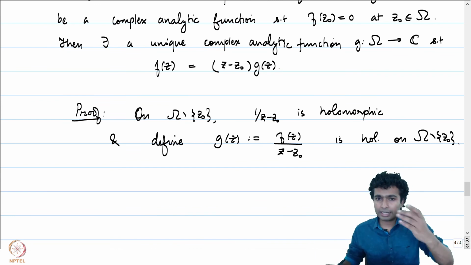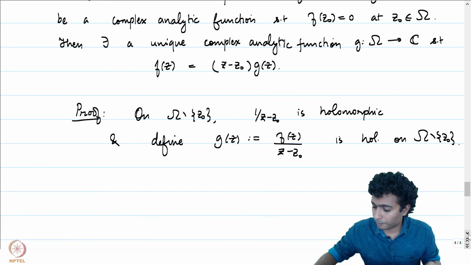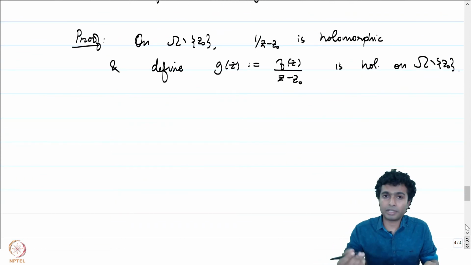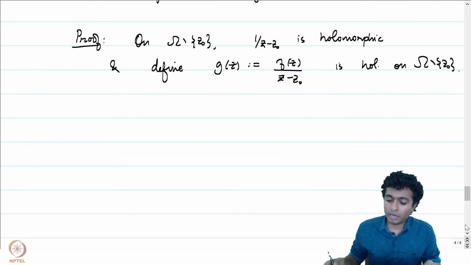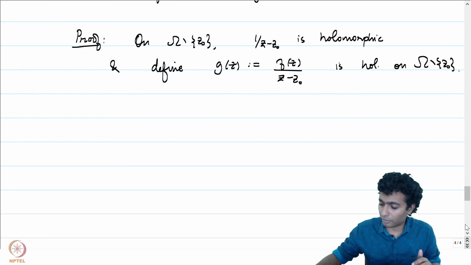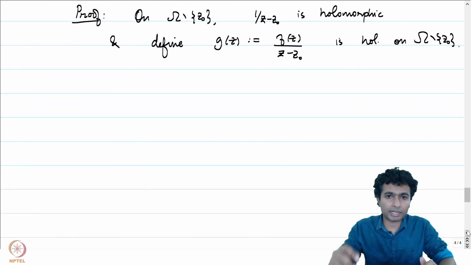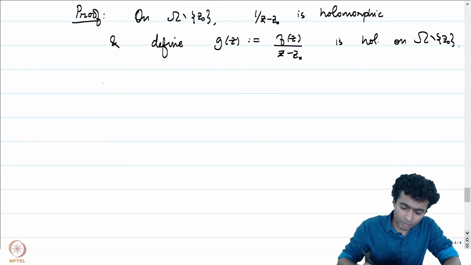But the problem starts arising when we start focusing at the point z0. That is where we do not have 1 by z minus z0 defined, and in fact we are looking at 1 by z minus z0 times f of z, but we still will be able to redeem ourselves by using the fact that in a neighborhood of z0 f has a power series expansion. We write that down. Since f is complex analytic,